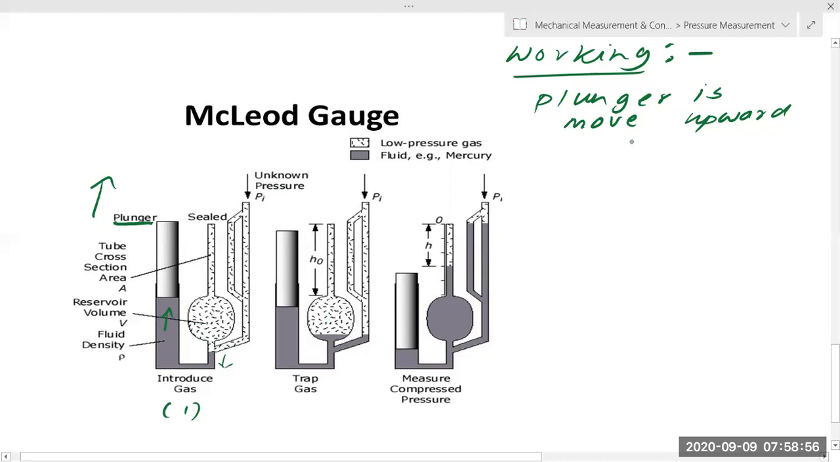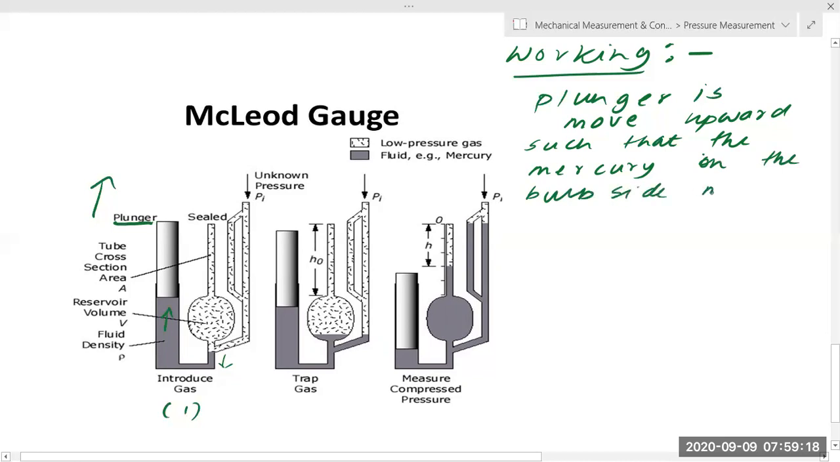The plunger is moved upward such that, this is very important, the mercury on the bulb side moves just below the bulb. Now, when the mercury on the bulb side, or the right side, moves just below the bulb,